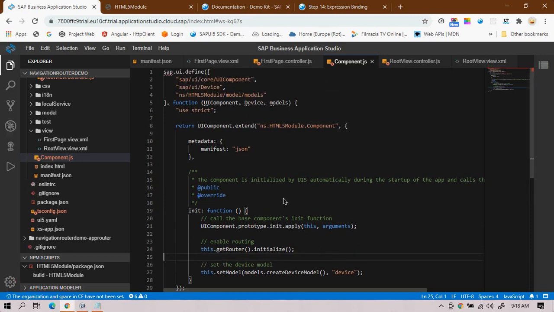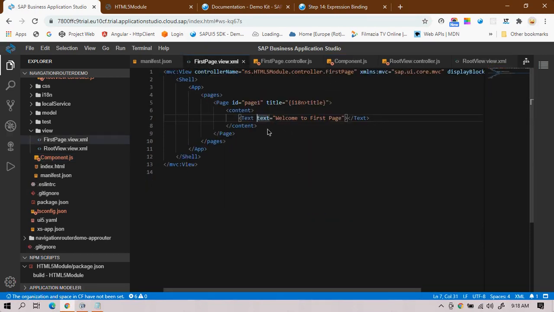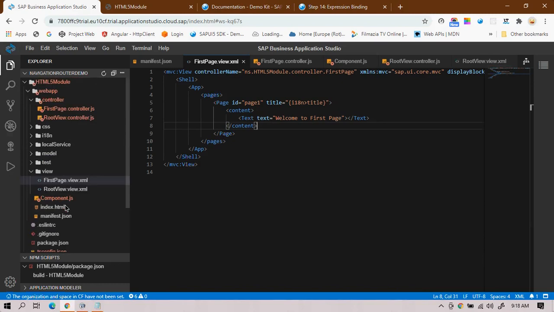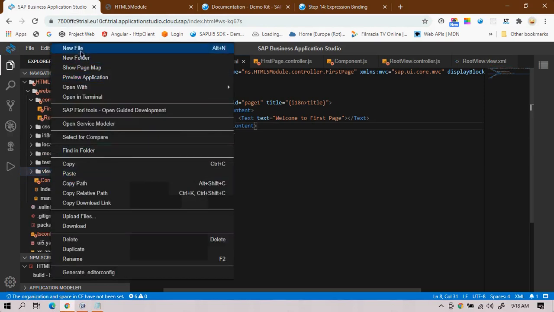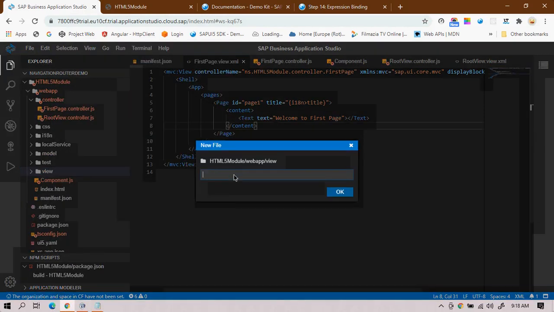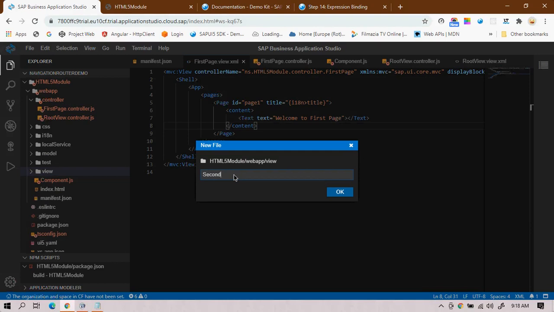Once you initialize this, the next step: I want to navigate from the first page to the second page, right? This is our first page, so let's create one more page in order to understand the navigation. I'll create the second page, second page dot view.xml.